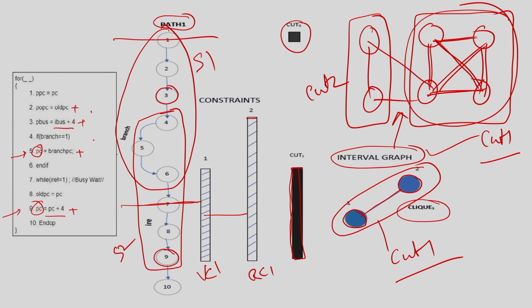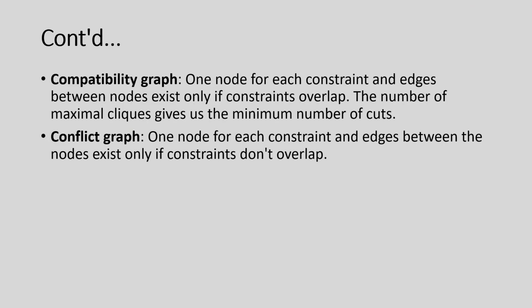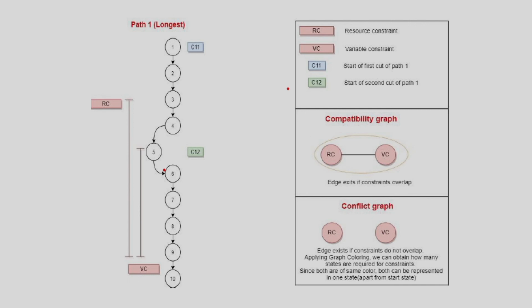Okay. I have to do this for all paths. I will take path 1, identify the constraints, create the interval graph, and solve the clique partitioning problem. Each clique is one cart, and from these 4 nodes I will identify the common overlapping time, and that will be my cart. This is how I do it for one path, and I have to do it for all paths. This is done for path 1, and I identify that I need 2 carts. One cart is from here and another cart is like this.